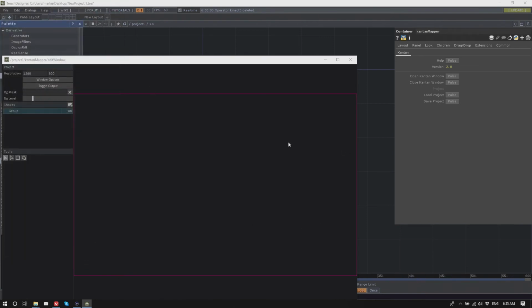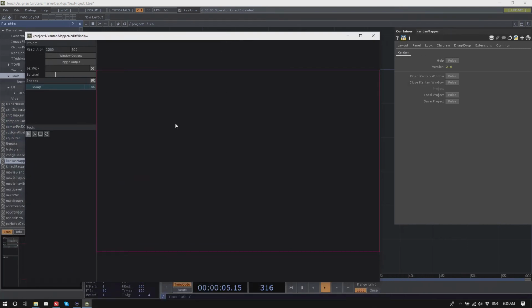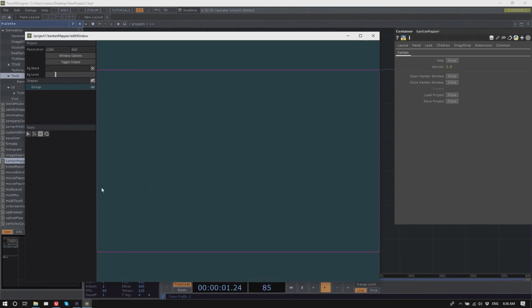It follows the same idea as we just had. You have an output screen and you have your canvas, and now you want to map each side of this box. You can see that where I am with my mouse, it shows me also on the projector where I am currently. And now I can drag a rectangle here.